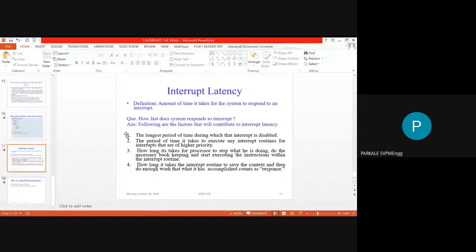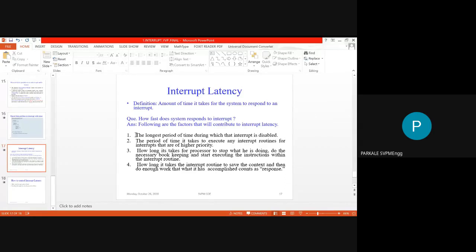So the first parameter: whenever any person comes to me, he will request my service. Now I have the choice whether I give the service to that person instantly, or say wait for 5 minutes, I will complete my topic and then I will give the service. Or, the second way, I can say that right now I'm busy delivering my lecture, and you have to wait for 1 hour or 2 hours.